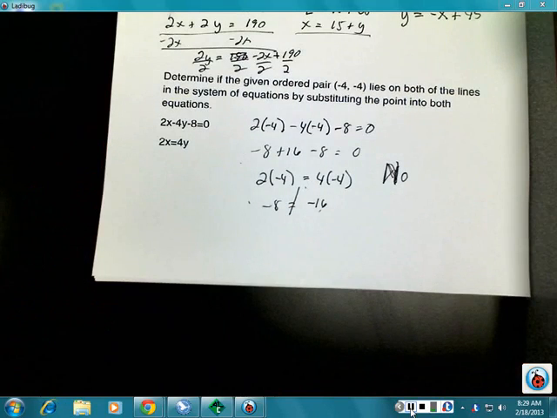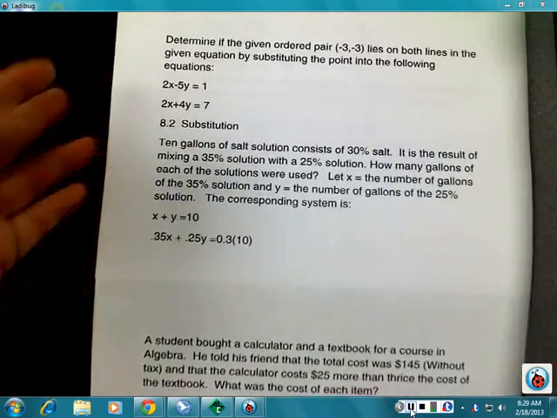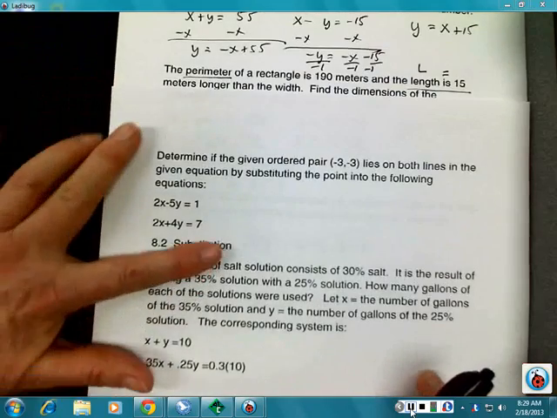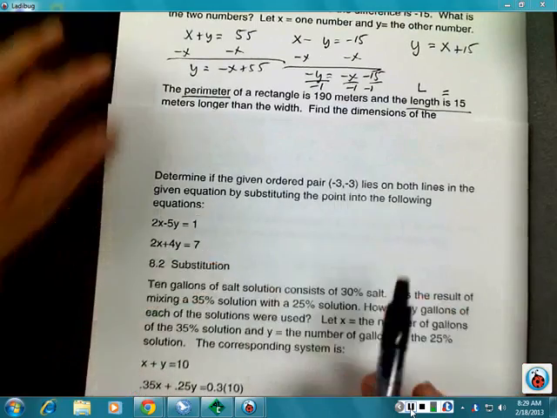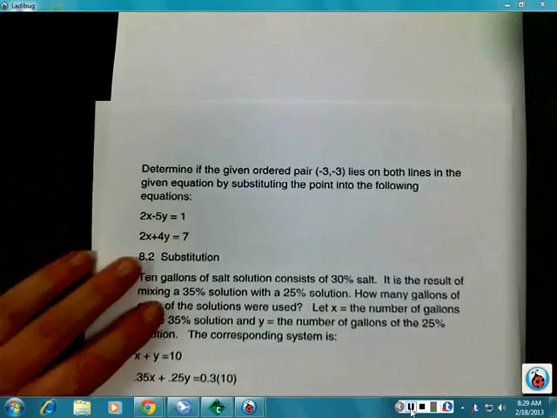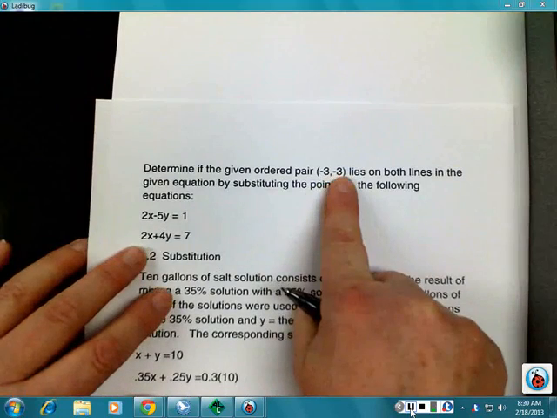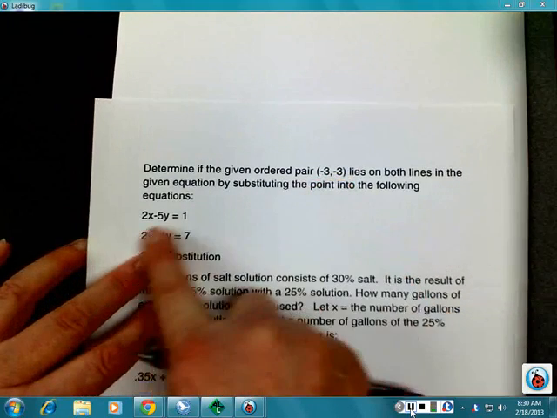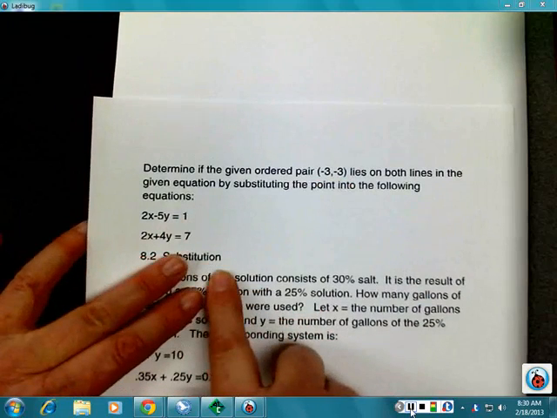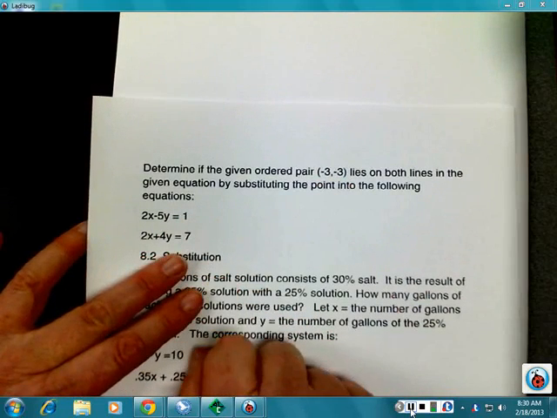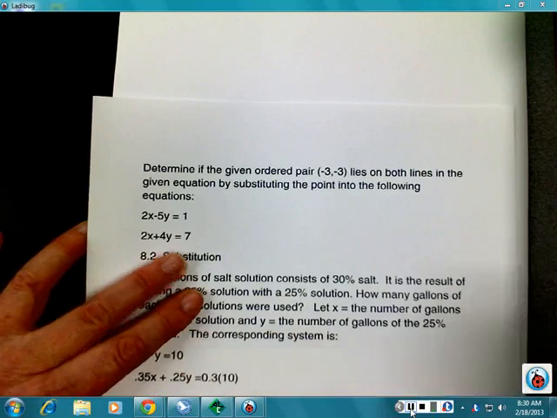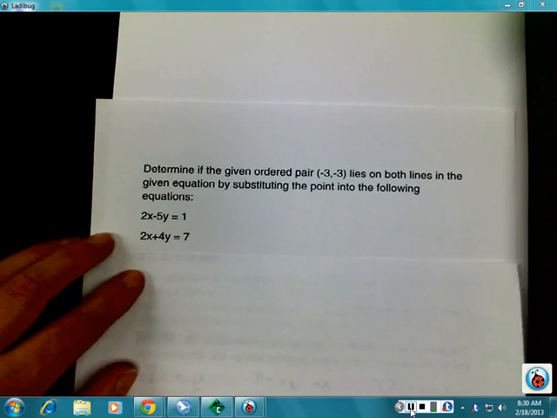And what we have to do, oh, there is one more, isn't there? There's one more story problem. And that one is just like the last one that we did. And it ends up fitting into the fact that we have (3, -3), but I think you're okay, correct? So what we would do is we plug those into these pieces, find out whether the two match each other, and then go from there. Okay? All right or not all right? Okay, good. And that one again is just like an example. If you want, you can work it through and see what ends up coming out of that one. Okay. All right. So that was